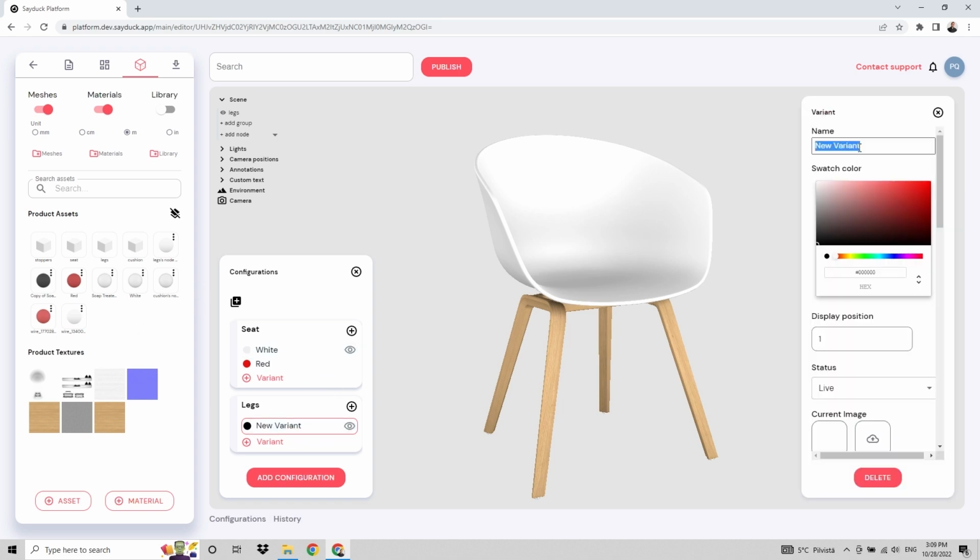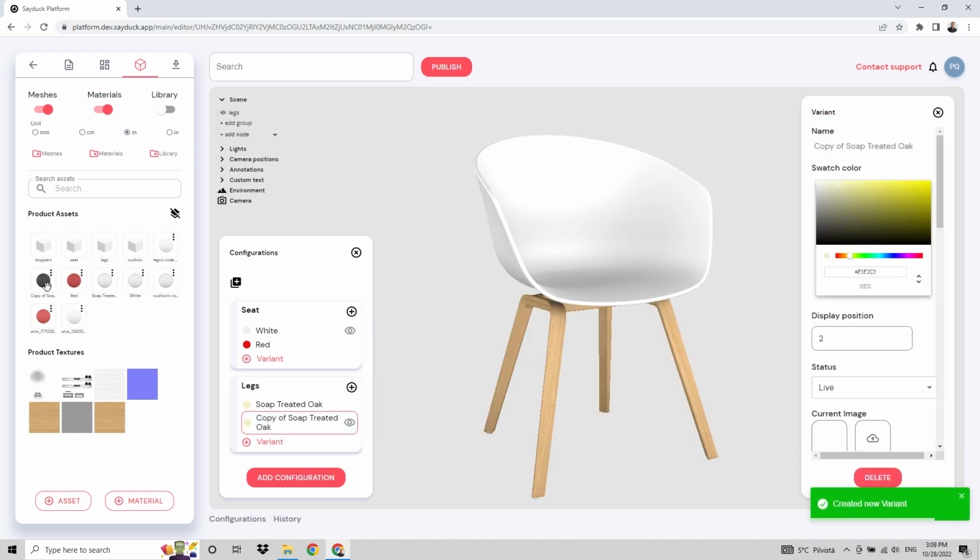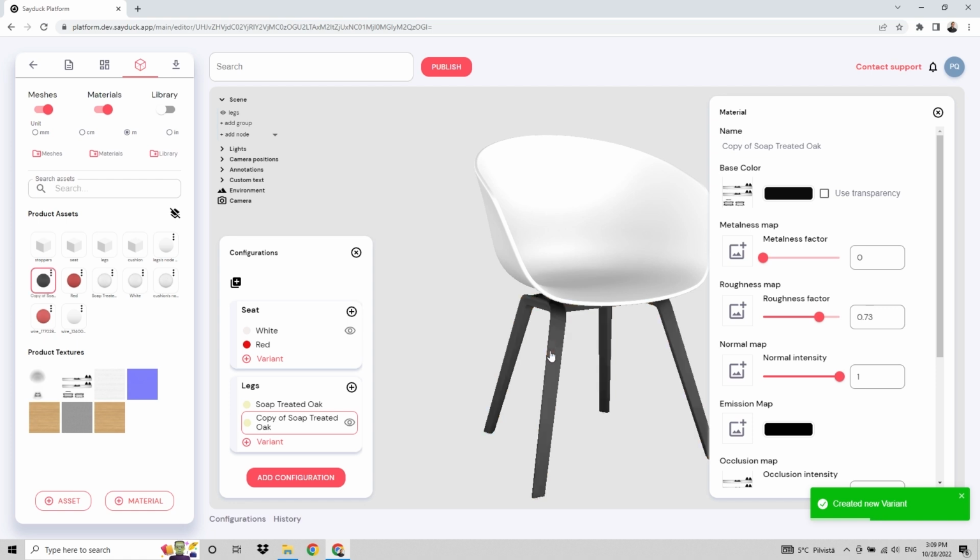So let's name this soap treated oak. Perfect. And now create our second variant. Select that and assign our other